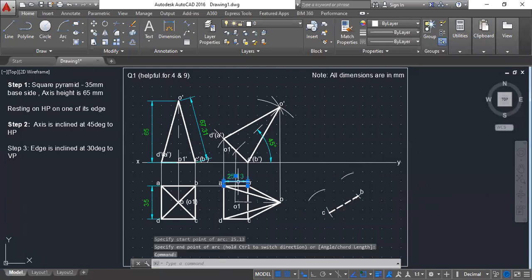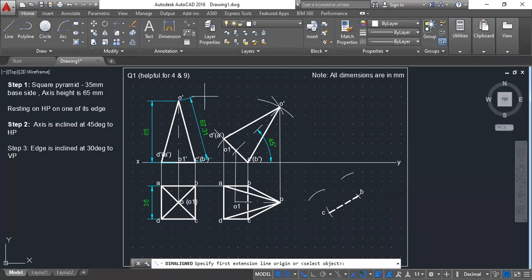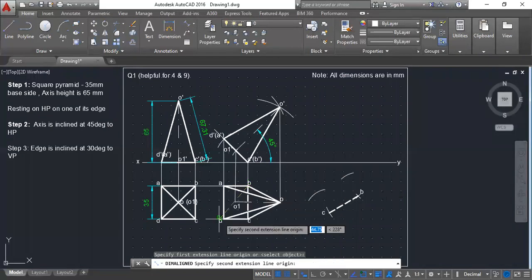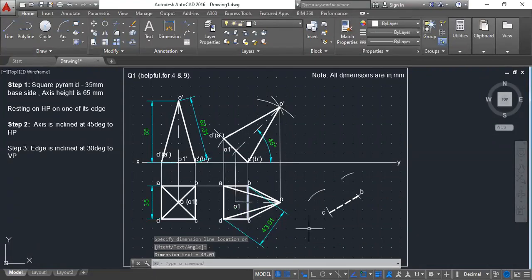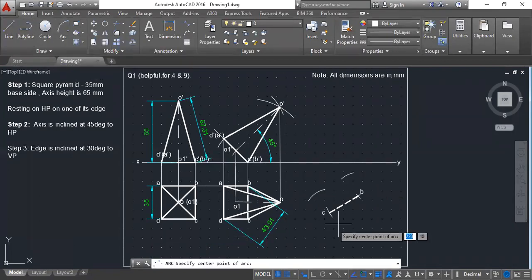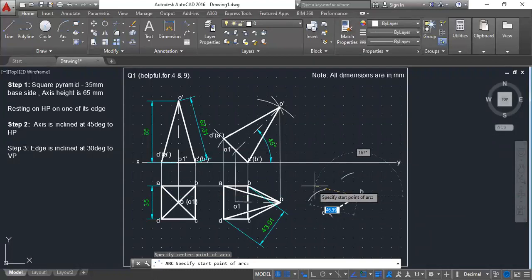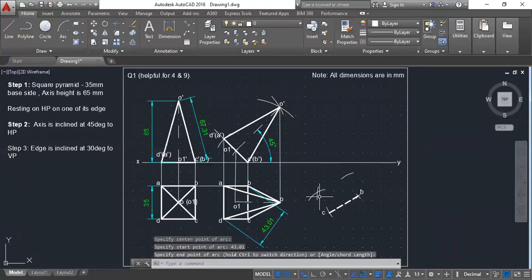The next thing that I'll do is measure B to D. So measure B to D. What is that value? 43.01. If you know properly, C to D is also same. Okay, C to D value will also be same. Again, take your compass. From B, draw an arc with 43.01. Enter. See, I got the point D here.